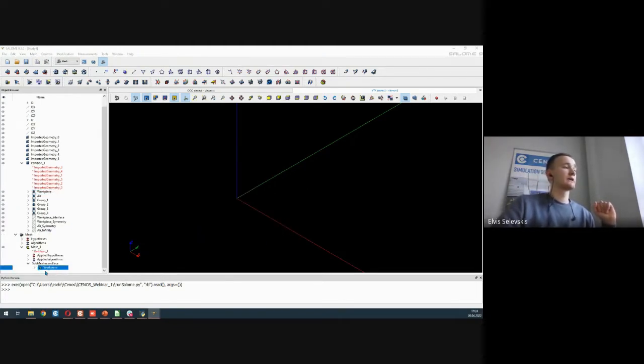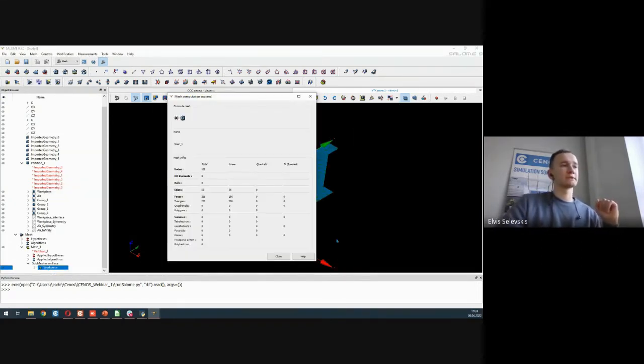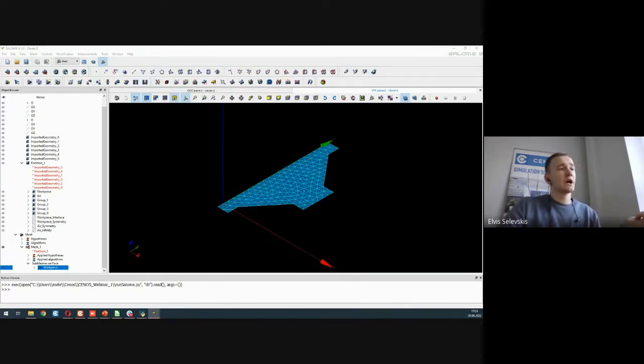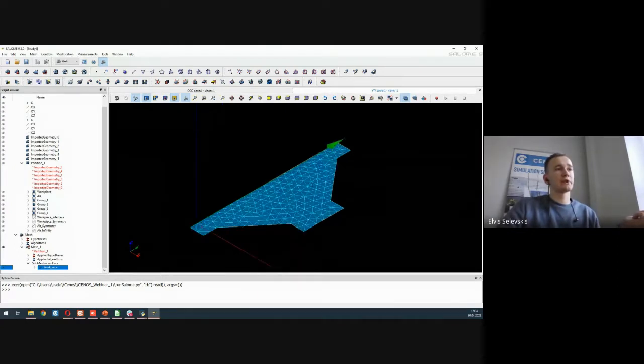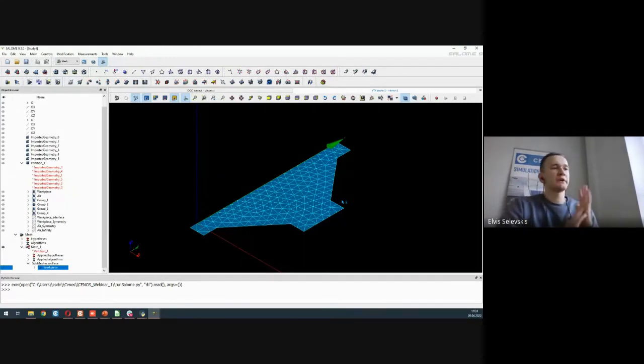And here on the left, we can see that the submesh has developed. I will right click on it and try to compute it, and we'll see what happens. Yeah, so the submesh has computed without errors. And if we zoom in, we can at least right now see the workpiece geometry and how it looks like. For a 3D case, maybe this would perhaps be all right to run with the mesh this coarse,